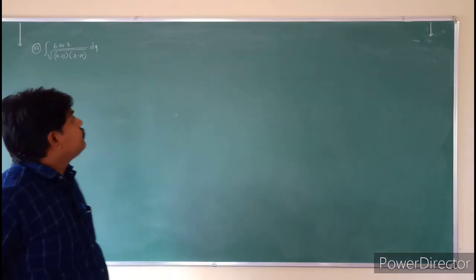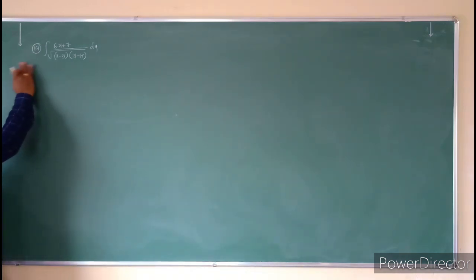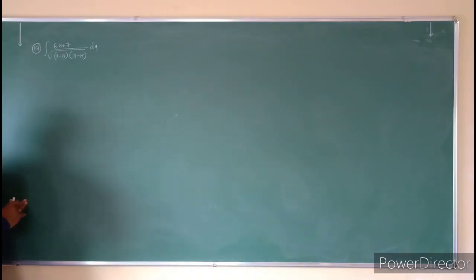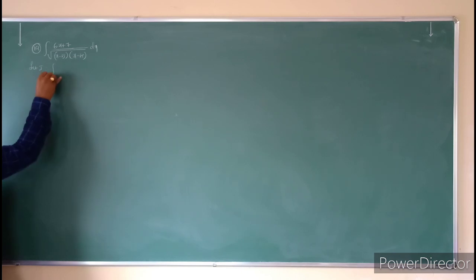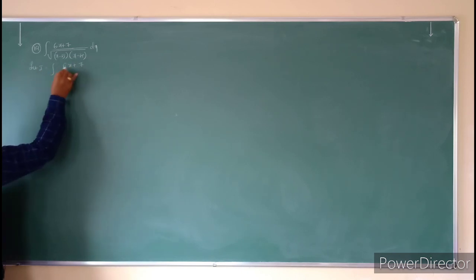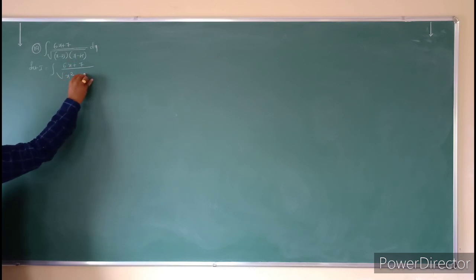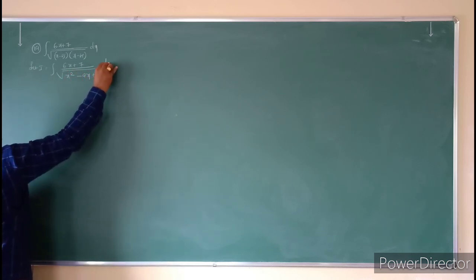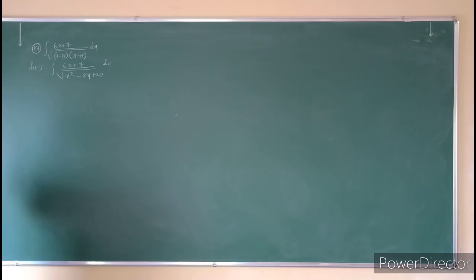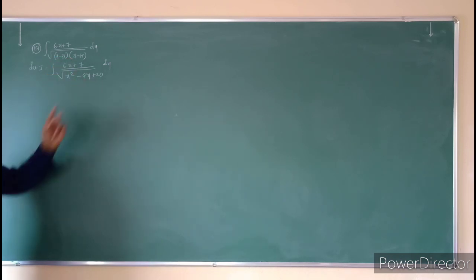Same model question. First we have to identify that. Let I be equal to, first take the problem as I, the integral of (6x + 7) by root of, multiply these two: x² − 5x − 4x, that is −9x, and (−5) into (−4) is plus 20, into dx. The original problem is (6x + 7) by x² − 9x + 20 into dx. Just multiply these two, you will get this value.